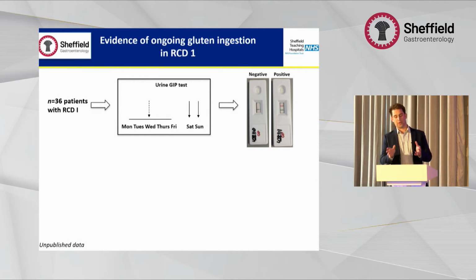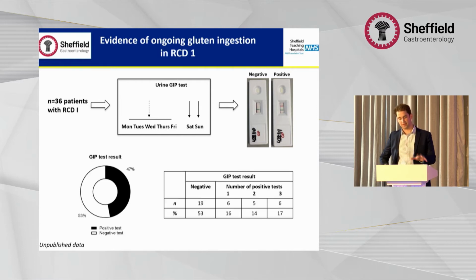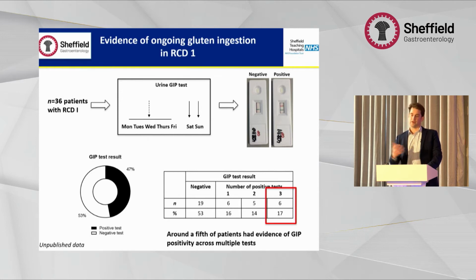And we asked patients to provide us with 3 urine samples, 1 during the week and 2 over the weekend. And when we analysed their urine GIPs, quite remarkably, we found that about half of the patients had evidence of a positive test. And when we went further into the data and we looked at the number of tests that were positive, we identified that about a fifth of patients had evidence of multiple GIP positive tests,